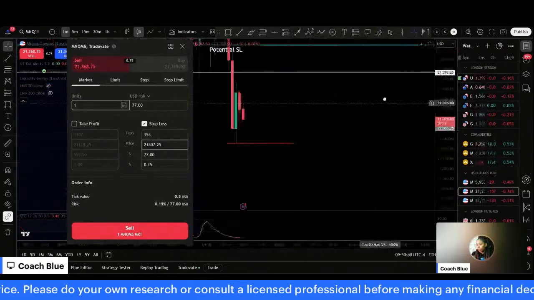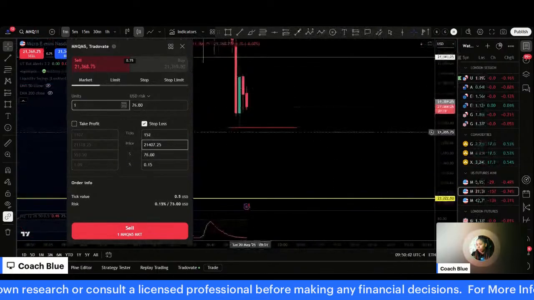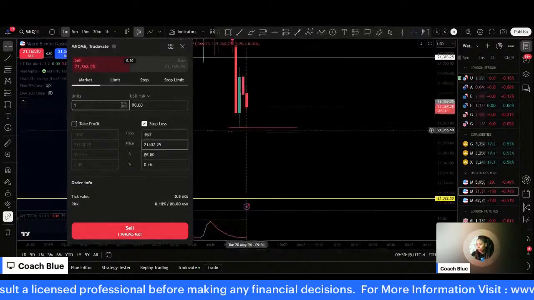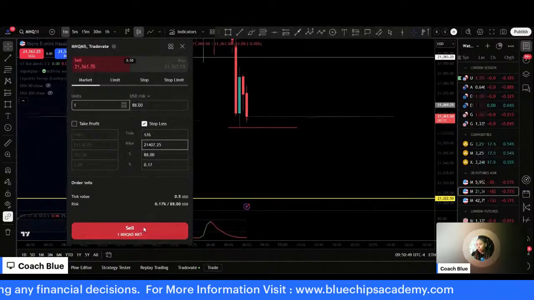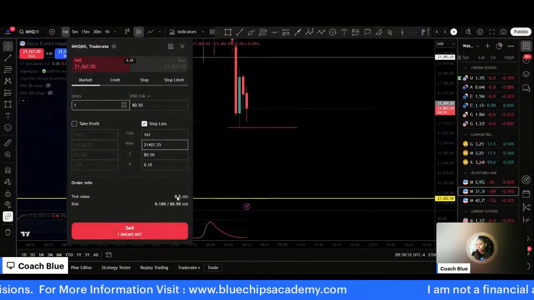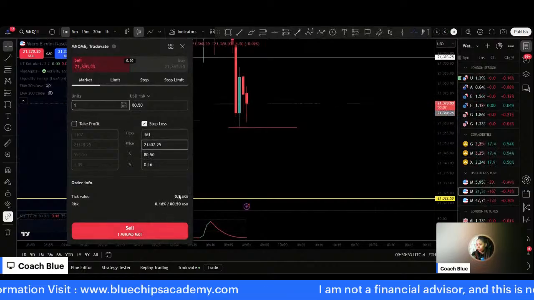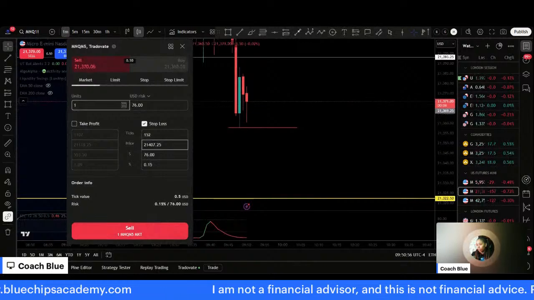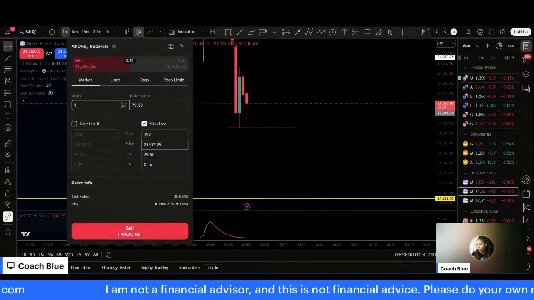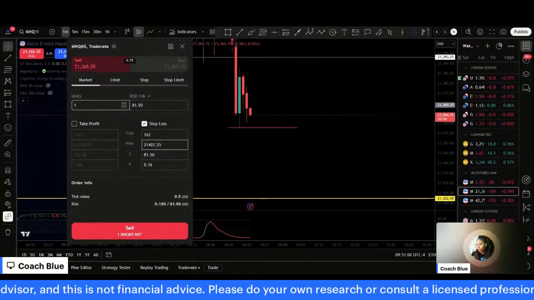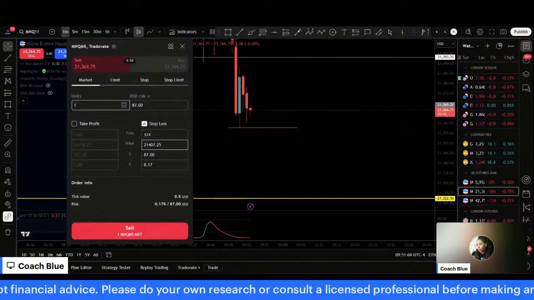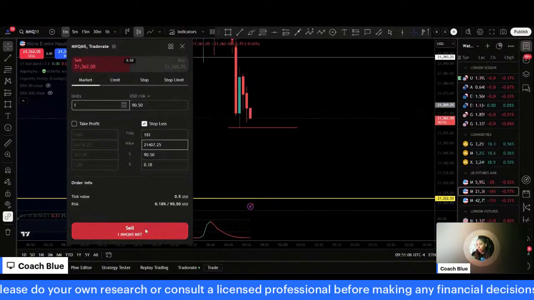I'm going to put in 2 positions. Let's see if we can. Got a break. Clean break. That's what I need to see. A clean break right here. 10 seconds. Let's see if we can get it. Let's see if the sellers can push through. Not quite. Let's see if this next one is it. Clean break.